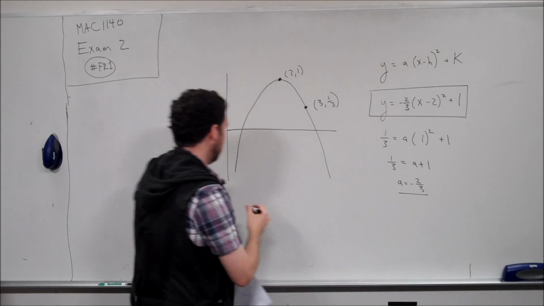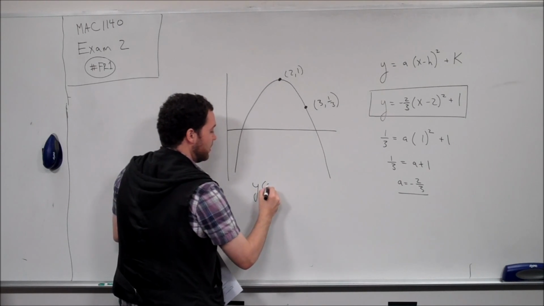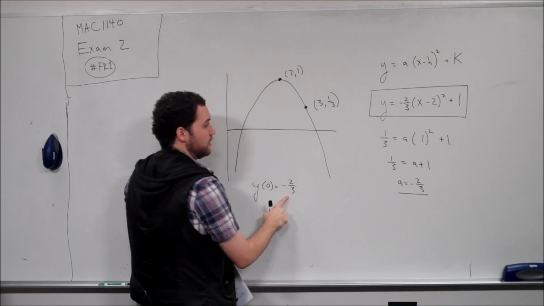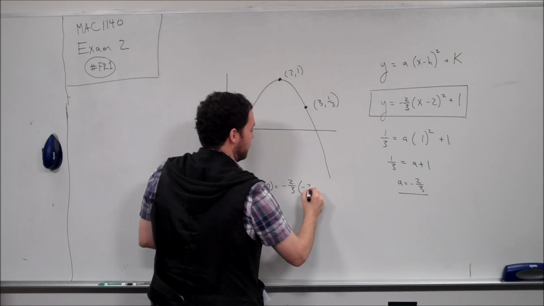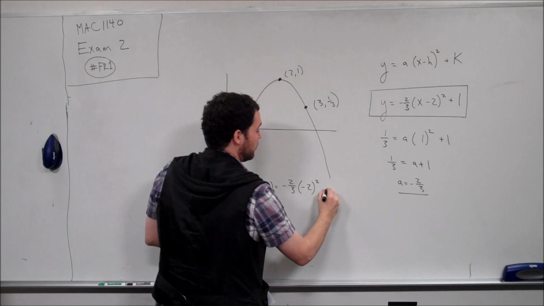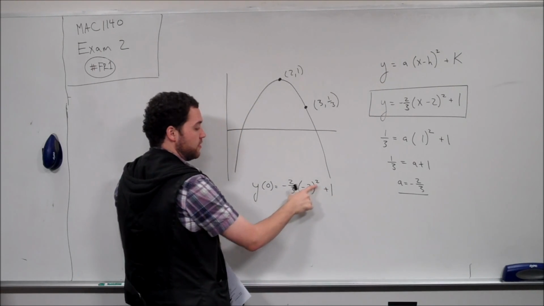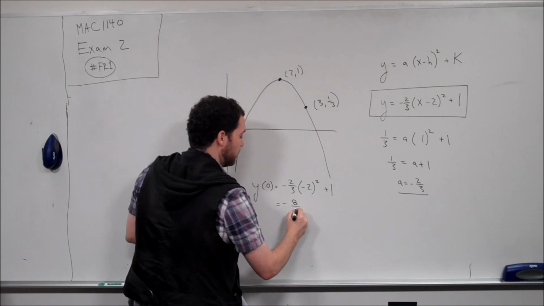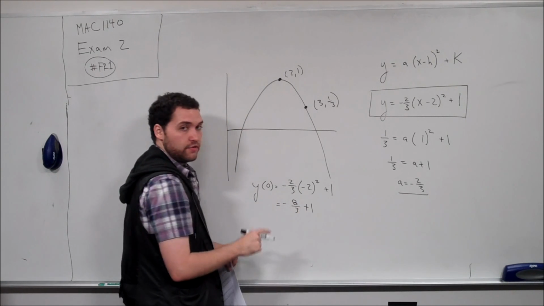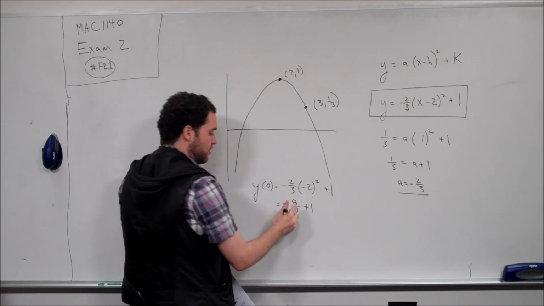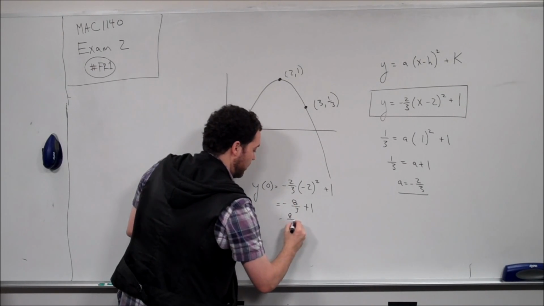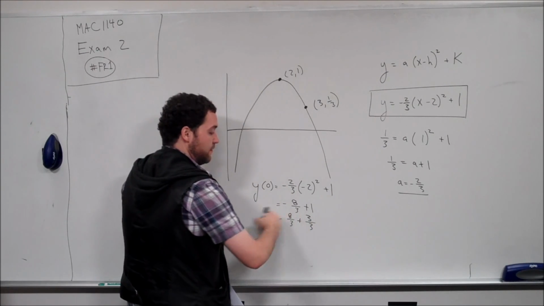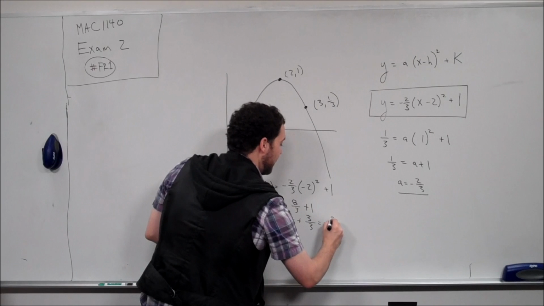let me do it over here. y of 0 is equal to negative 2/3. When you plug the 0 in there, you just get (negative 2) squared plus 1. So squaring this gives you a 4. 2 times 4 is 8. So this is negative 8/3 plus 1. 1 is really 3 over 3. So we can say this is negative 8/3 plus 3/3. And then if we add straight across, you get negative 5/3